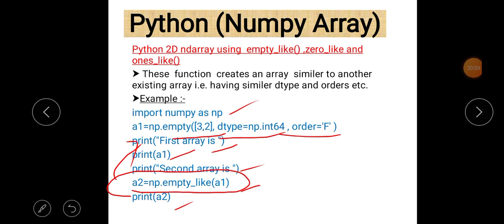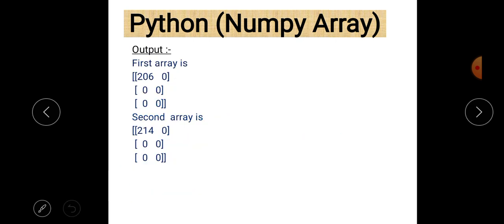So first of all, we create an empty array using the empty function, and then we use the empty_like function, which will create a two-dimensional array that looks very much similar to a1. a1 is an array in which all elements contain random garbage values. Now you can see the output here.